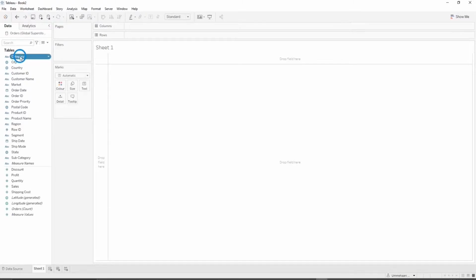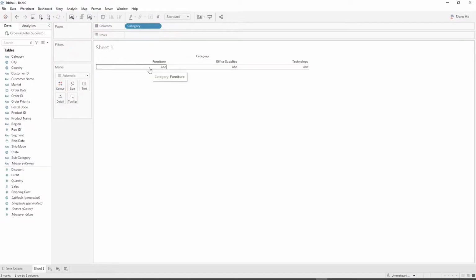So we will left click on the category column and drag it, and we want to bring it to the x-axis, so we will bring it to columns. Now you will see that we have furniture, beside it we have office supplies, beside it we have technology. So this is the x-axis, sleeping. But if I drag it to the rows, you will see now they are coming one below the other. Furniture is on top, then office supplies. So standing is the y-axis.